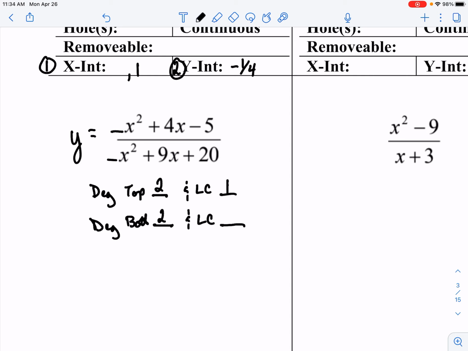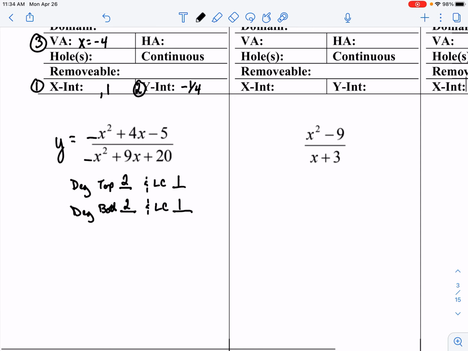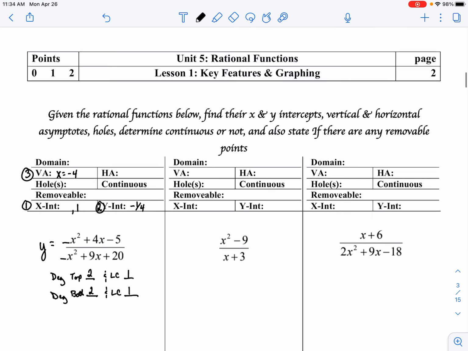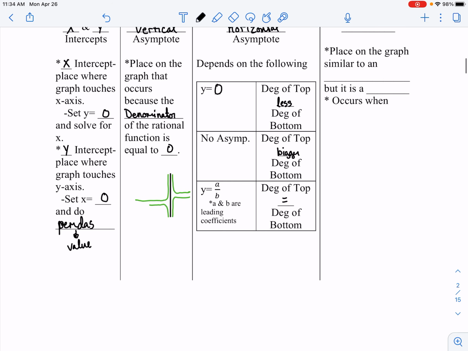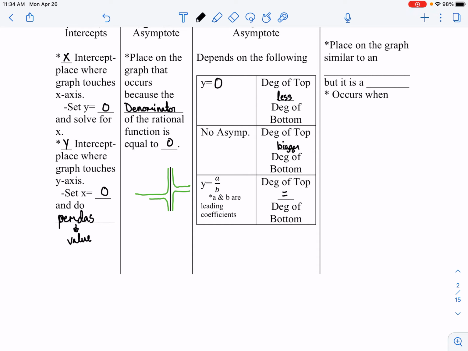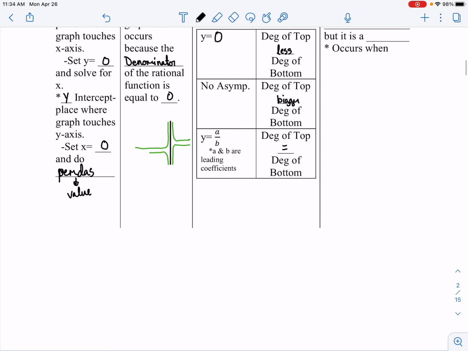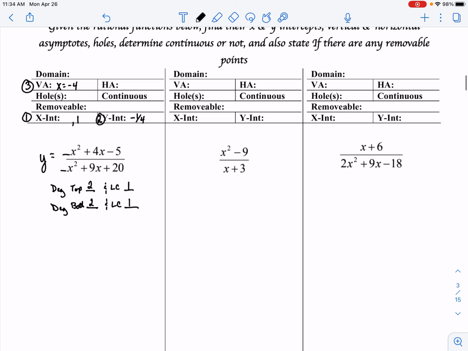Leading coefficient is 1. So, in knowing this, first thing you want to check is the degree of top is 2. Degree of bottom is 2. So, of the three options, is the degree of the top less than, bigger, or equal to? Well, since 2 is equal to 2, it will be the last option, y equals a over b,